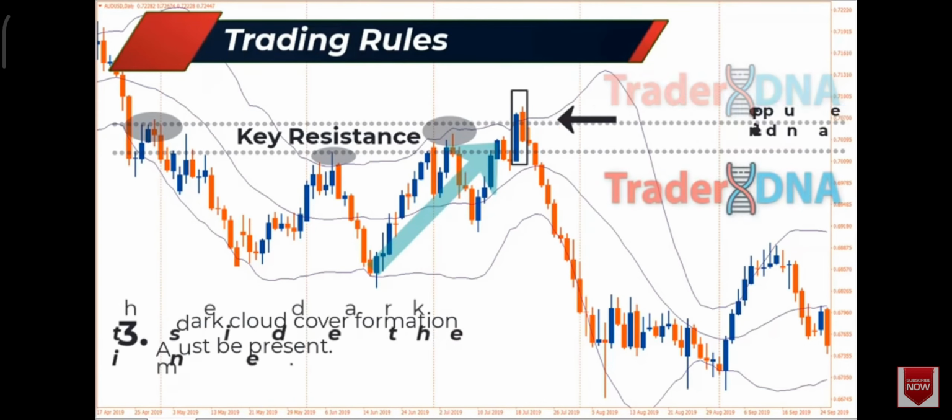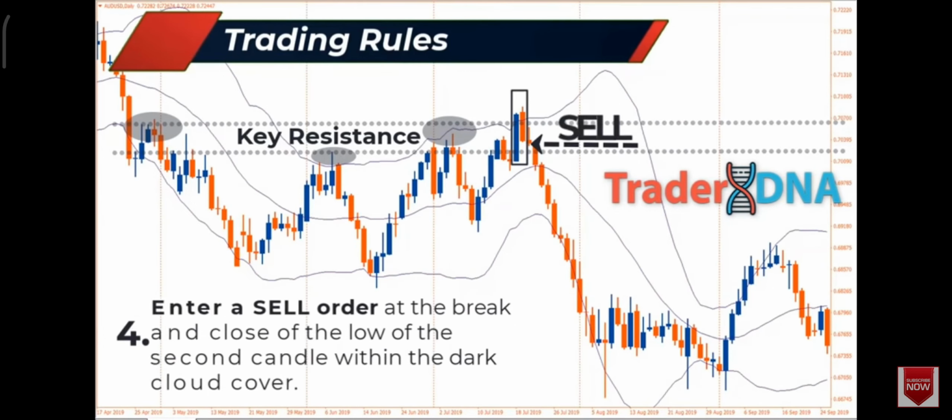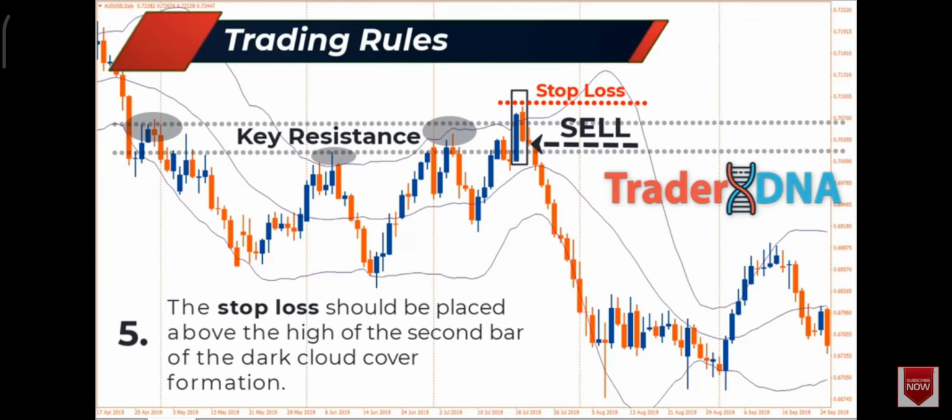Third, the second bar within the dark cloud cover must be outside the upper Bollinger Band line. Fourth, enter a sell order at the break and close of the low of the second candle within the dark cloud cover. Fifth, the stop loss should be placed above the high of the second bar of the dark cloud